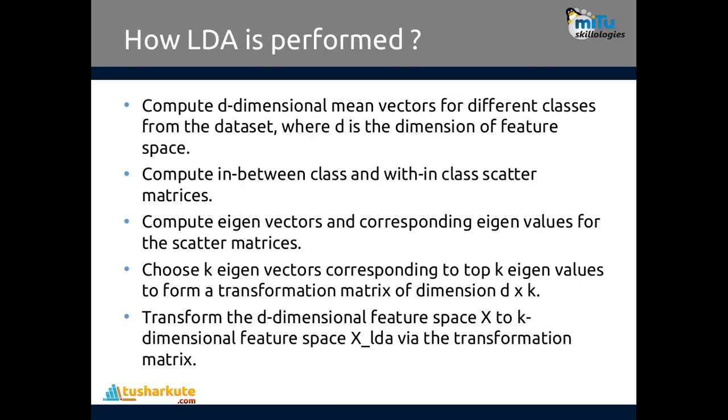It is a bit not understandable if you don't know statistics and its internal structure. I'll just read out how LDA performs. Compute the d-dimensional mean vector for different classes from the data set, where d is the dimension of the feature space. How many dimensions you have to give to the feature space. Then compute the between-class and within-class scatter matrices. Then compute the eigenvectors and corresponding eigenvalues for these scatter matrices. Then choose k eigenvectors corresponding to the top k eigenvalues to form a transformation matrix of dimension d by k. Transform the d-dimensional feature space X to the k-dimensional feature space X LDA via the transformation matrix. Okay, these are the 5 steps, but our prime task is to reduce your dimensions,